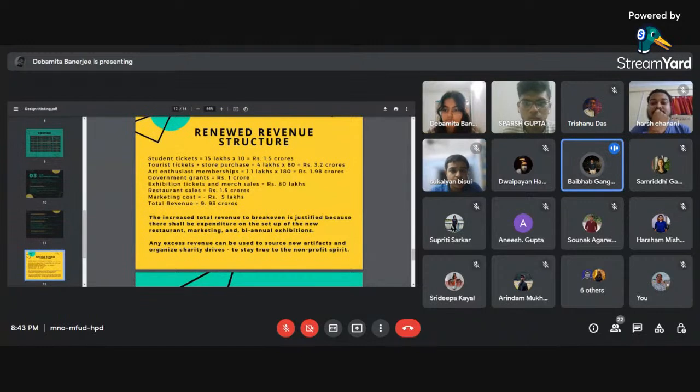So when you are considering exhibitions and merchandise, it has its own costs. So have you considered those numbers? Yeah, that's why our total revenue has increased. For break even, in the case it was mentioned that we need 7 crores, but we increased our revenue to a point so that we can add these new activities, because we would need capex for the restaurant. We would need some money for the exhibition.